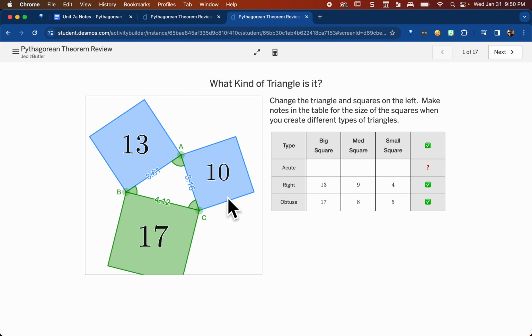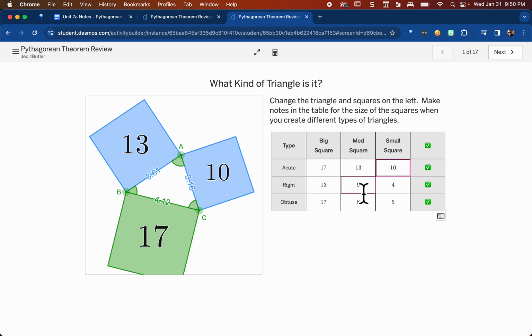Now I need to make an acute triangle. An acute triangle is when the angles are all less than 90. That looks less than 90, that looks less than 90, that looks less than 90, all the way around. I may, for another version of this activity, make it so that you can actually see what the angle measures are. Okay, the acute one here, the big square is 17, the medium square is 13, and the small square